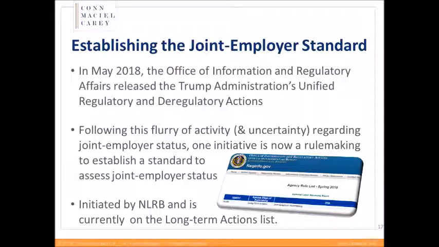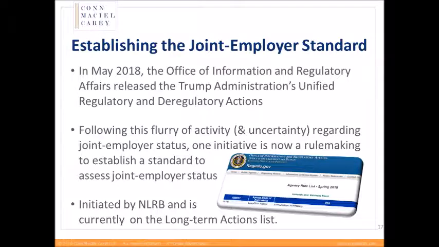Interestingly, just last month, the Office of Information and Regulatory Affairs released the Trump administration's unified regulatory and deregulatory actions agenda. And what that agenda does is it identifies and explains rulemaking activities in which each agency plans to engage over the remainder of 2018 and into the next year. And possibly due to this increased activity in this joint employer arena, on the action list is now a rulemaking to establish a standard to assess joint employer status. There's been no date yet projected for this rulemaking. They just said that they hope to move forward as soon as possible. So we'll see what happens